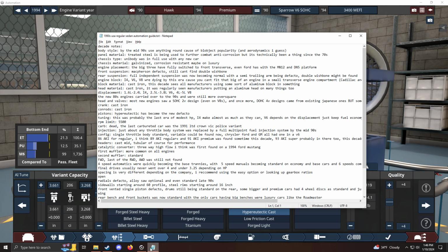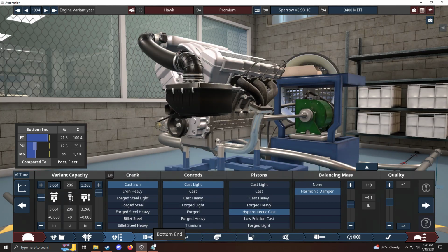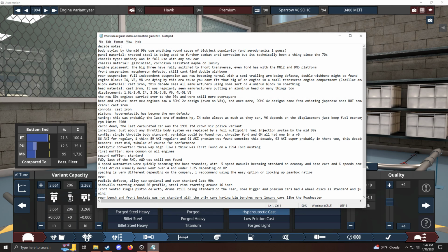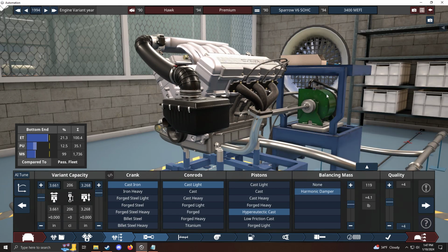See here. Cranks, cast iron. I think I've seen some cars use forged, believe it or not. I think it was one or two, but not as many. Conrods, cast iron. Pistons, hypereutectic cast. And I forgot to mention this last episode: